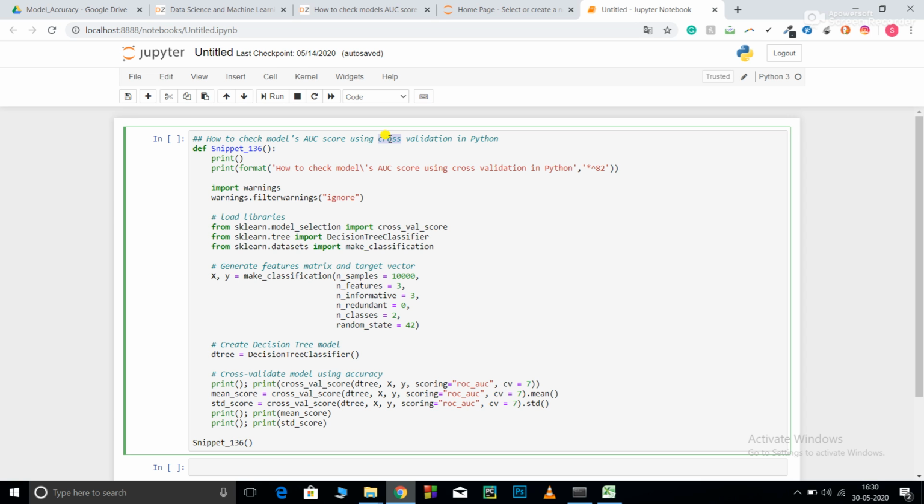But in case of data sets having a low number of data points, if you split your data set into training and testing, it becomes very hard for your model to get trained on so few data points. It is not able to capture all the patterns from those data points. In order to avoid that, we use cross validation.